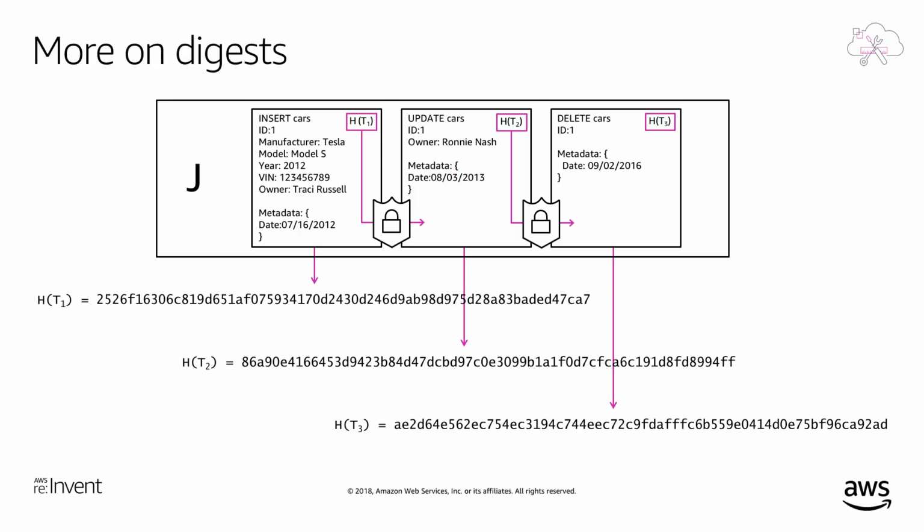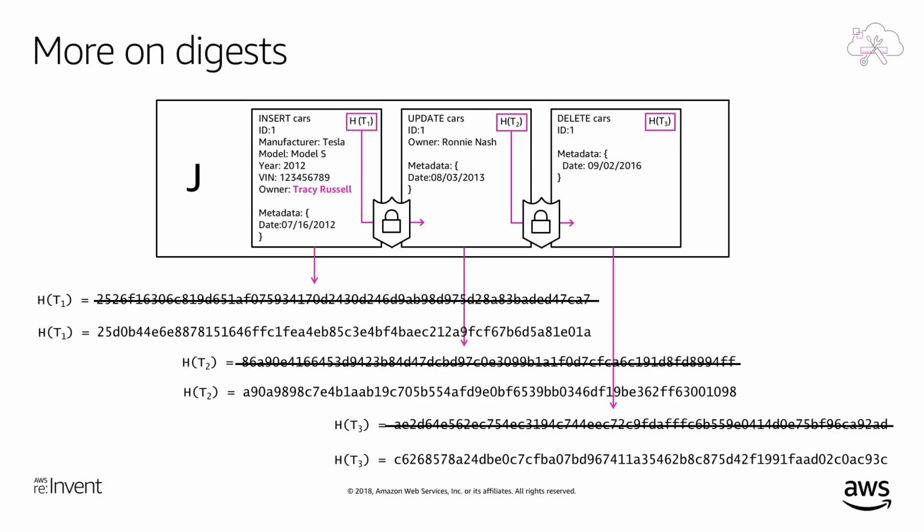But what it also does is it chains or includes the hash from the previous transaction, where the term hash chaining comes into play. So the hash that's generated in the second transaction, or the second update, includes not only the information that was included in the update, but also the hash from the previous transaction. Again, when I go and delete the record, same thing, the hash created from the second one gets included in the hash of the third transaction. Now, how does that verify